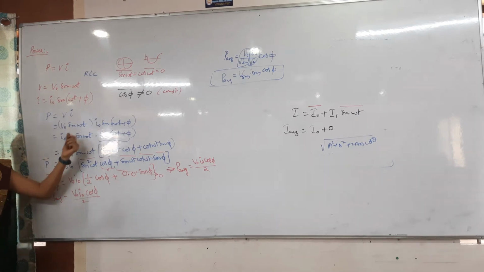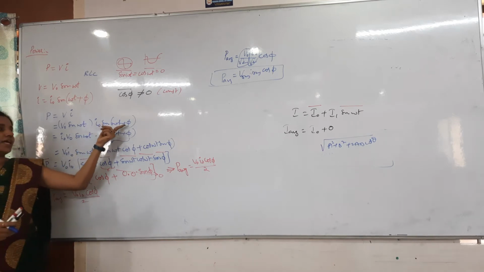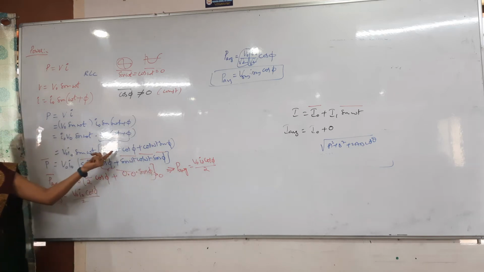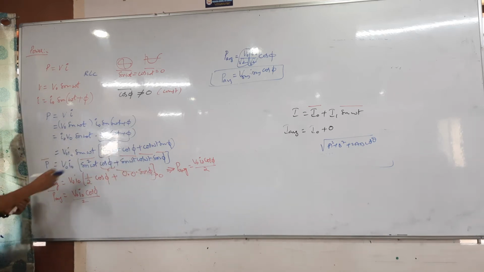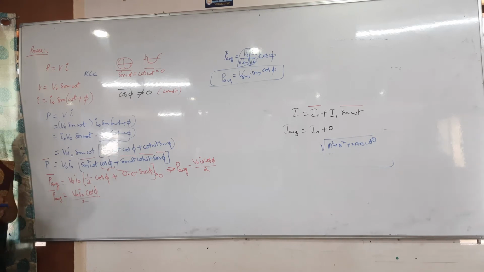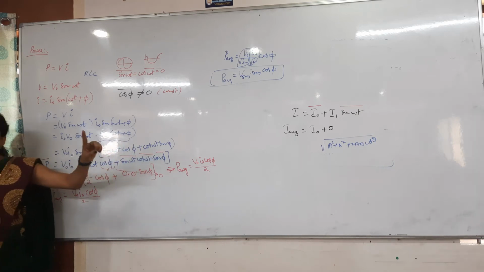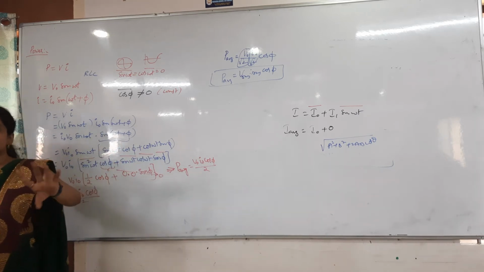Then whenever we multiply them, before that I have expanded using the sin(A plus B) formula, sin A cos B plus cos A sin B, taken as it is. After that I just send this sin omega t inside, and then we are finding the average power. For average power I have taken the average of all the values. One more important thing is that the average of sin omega t cos omega t becomes 0.